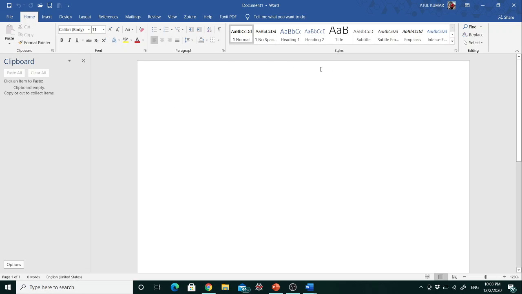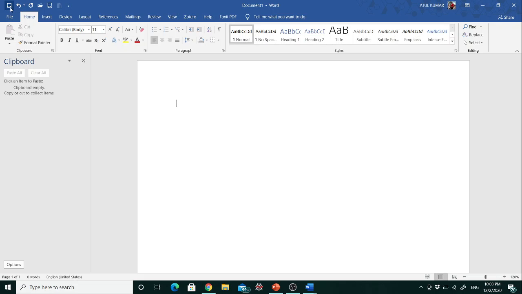So I click on it, and this is the first screen you can see in your MS Word. I will quickly go through what different options are available in this first screen. On the top of this screen we have Document1, and when you open or create a new document, the default name of this document is Document1. On the right hand side we have the minimize button, restore button and close button.